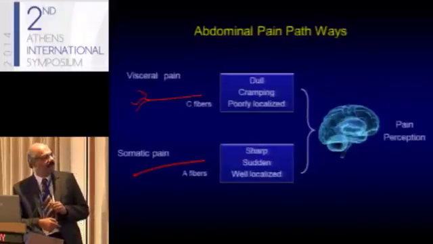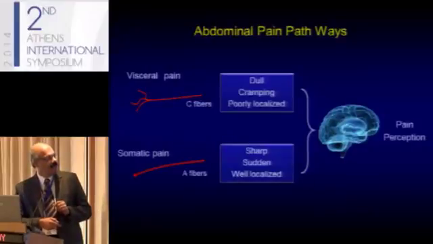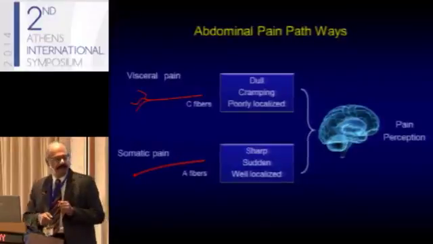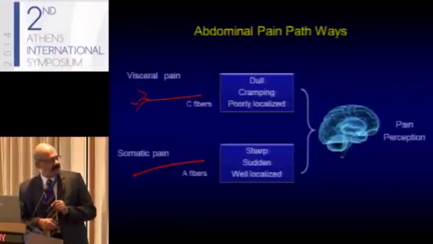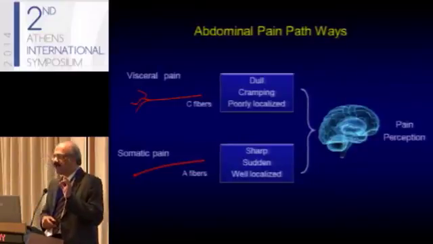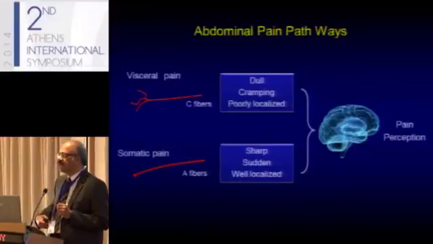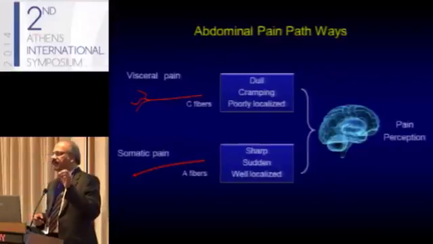The first type of pain comes from the viscera. It's carried by very thin nerve fibers. It's very diffuse, cramping, poorly localized, and almost always this pain is in the central part of the abdomen. So whenever the abdominal viscera are involved, it's always the central part. The second type of pain, the somatic pain, is carried by thicker fibers. It's very sharp, sudden, and well localized. This type of pain comes from the parietes, from the peritoneal cavity, from the peritoneum, and so on. And this pain is localized to where the cause of the pain is.